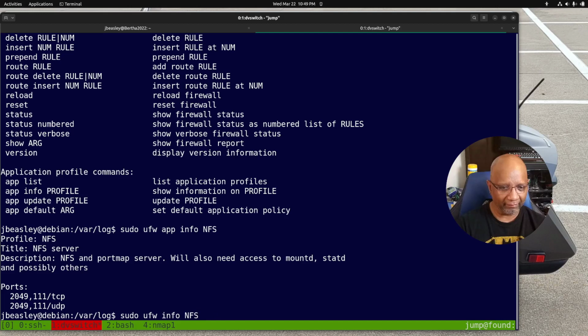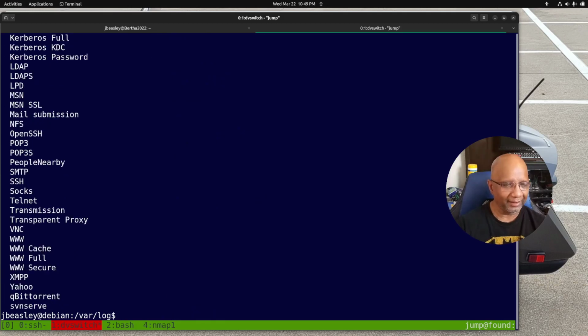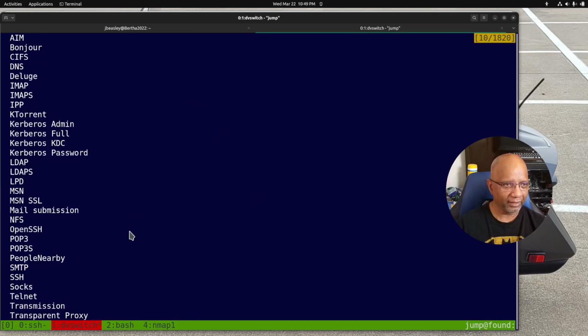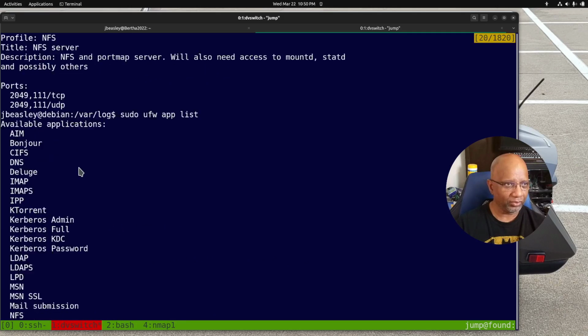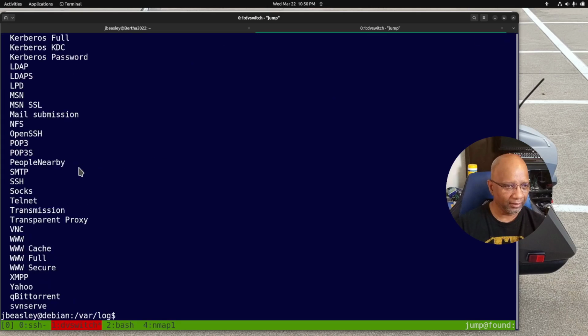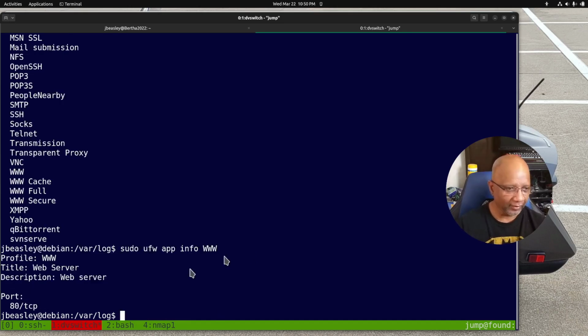It doesn't have every application that's available, but most of them are here. Most of the ones that you would need. And of course, www points to port 80. That's port 80 TCP. And if you see an application and it's got a space, you have to quote that space. You can't just put it,